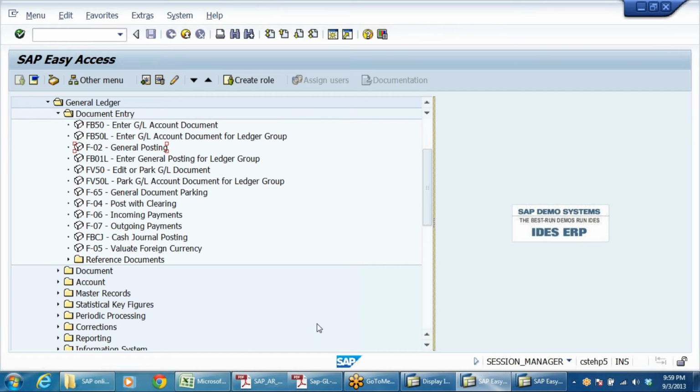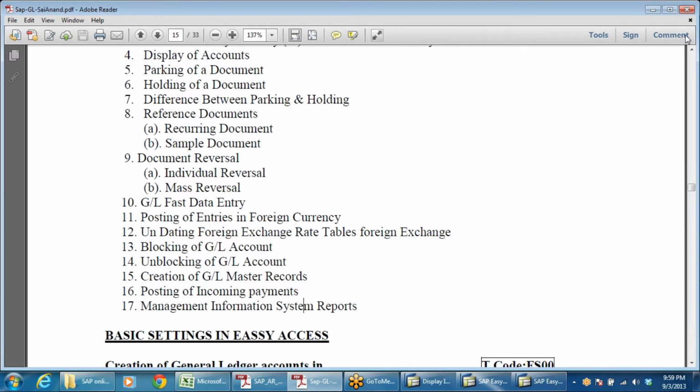Any doubts in general ledger accounting? In your practice, do you find anything? Anusha, you have any doubts? Okay, what Mr. Prasad? Have you started practice?